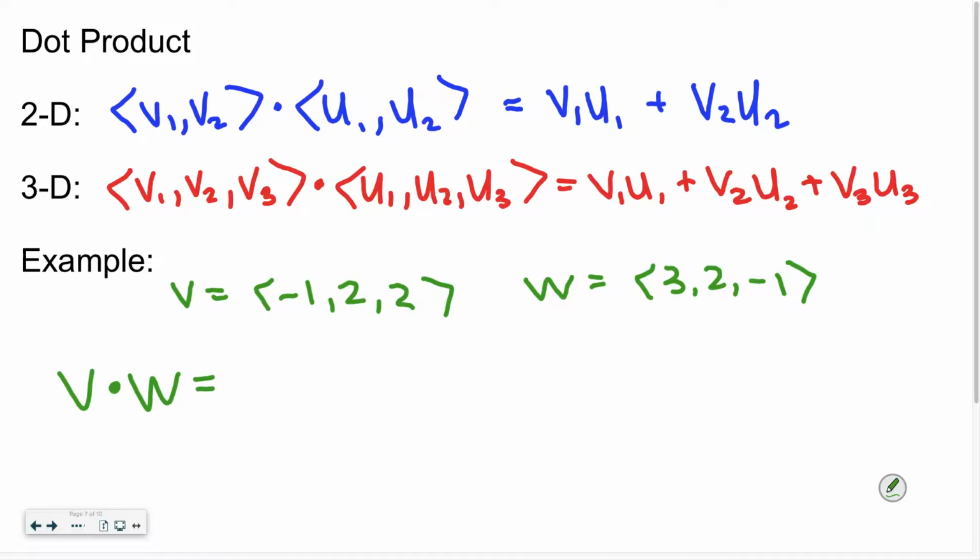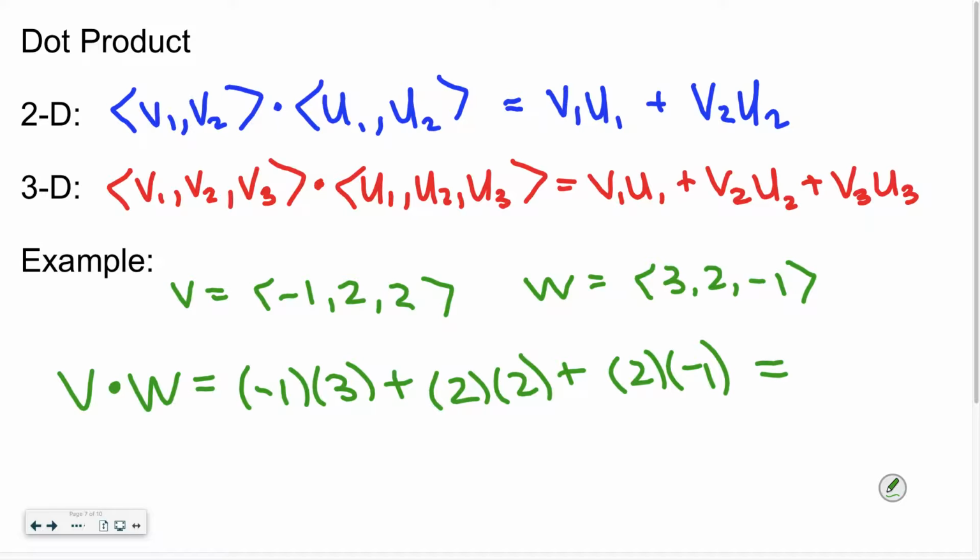Okay, please write these down. Okay, so in order to calculate this dot product, we're going to take negative 1 times 3, plus 2 times 2, plus 2 times negative 1. Which, ladies and gentlemen, would be